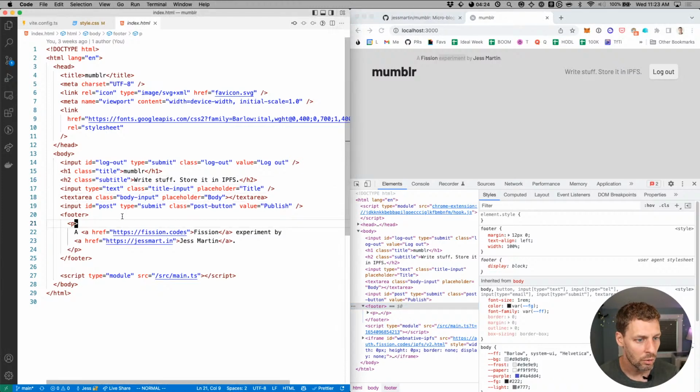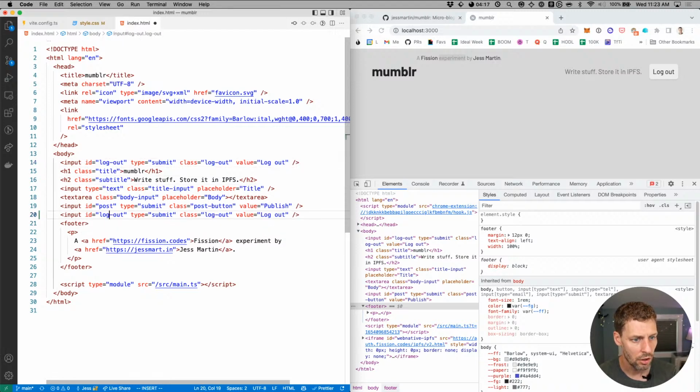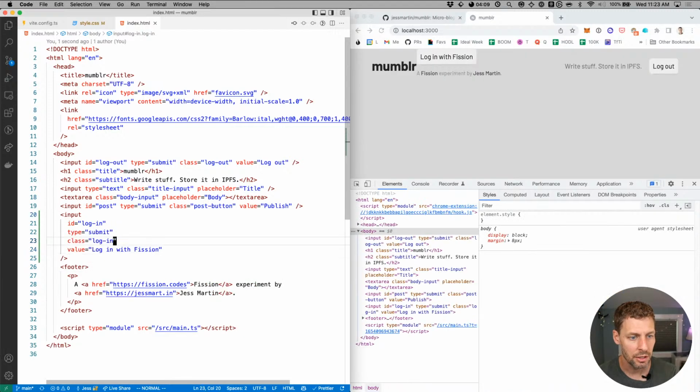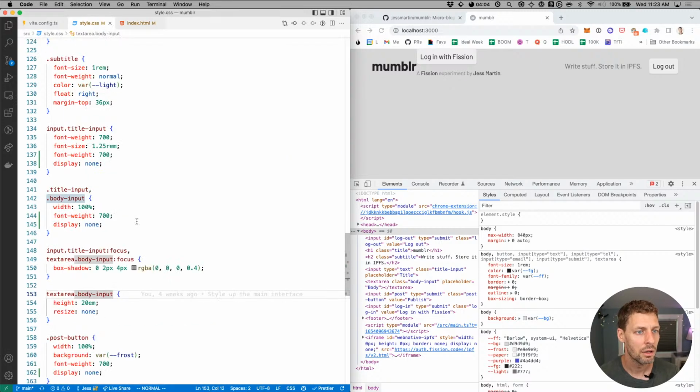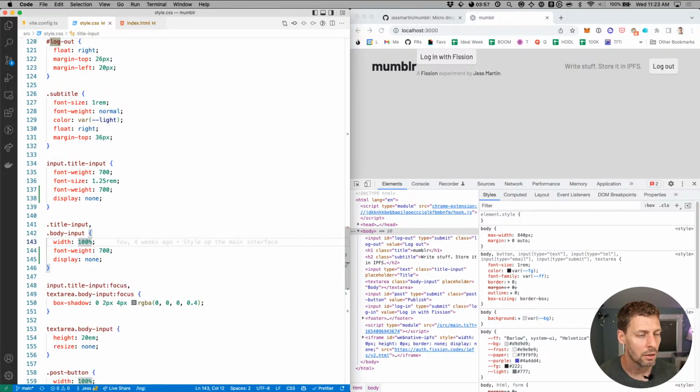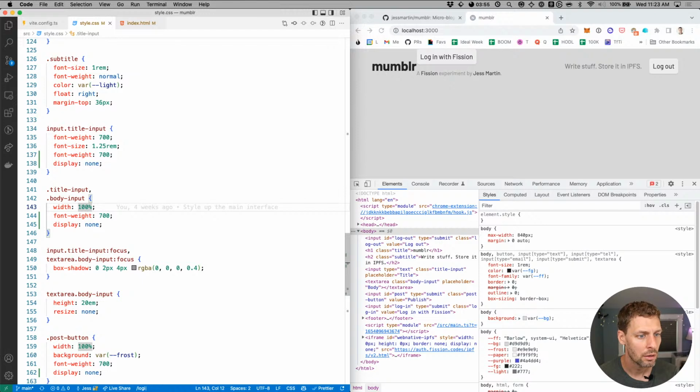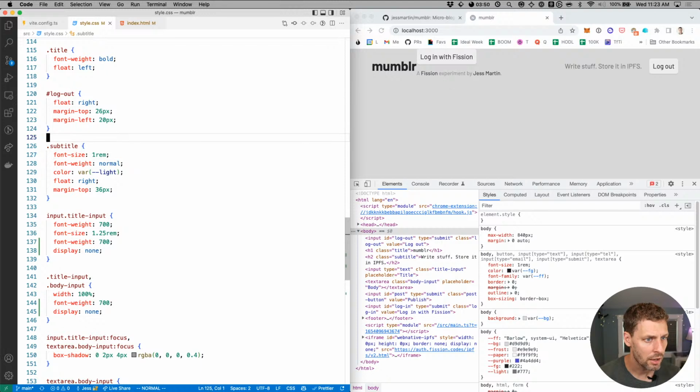All right, well, what we could do is we want to add another input. This one is going to be log in. We're going to do log in with Fission. Actually, something I'm kind of curious about now is, and we'll make this one, we'll give this one some style that will force the footer to the bottom. Curious. So subtitles floated